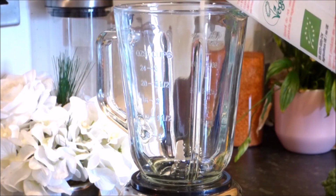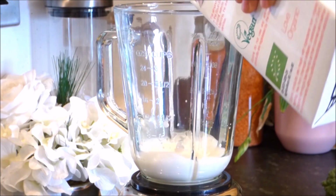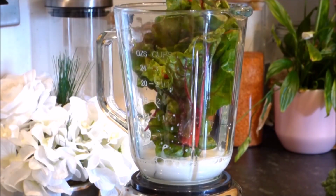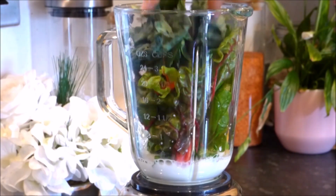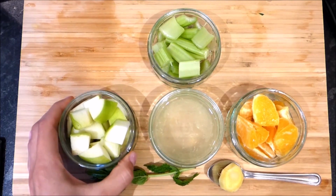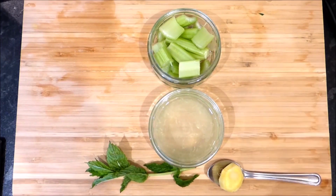So I'm going to start with some almond milk. If we add a bit of liquid first, it is going to prevent things from sticking. Now, a handful of chard and a handful of kale. I'm going to push it down into the blender. We're going to add a bit of sweetness with half an apple, half an orange,